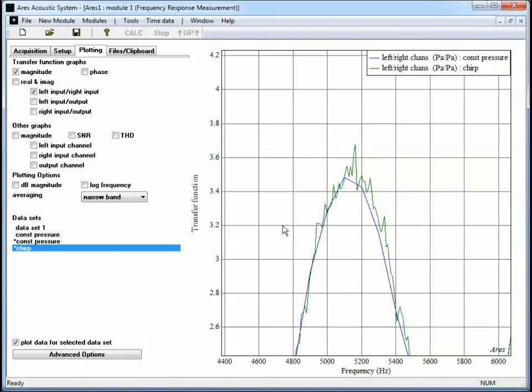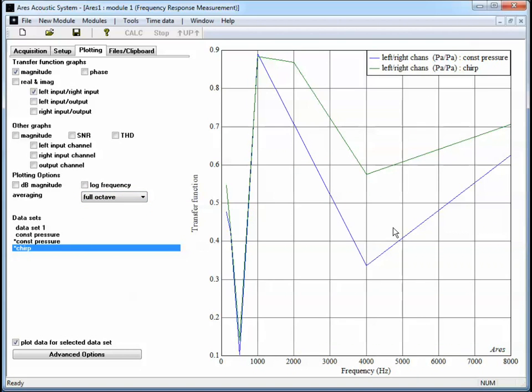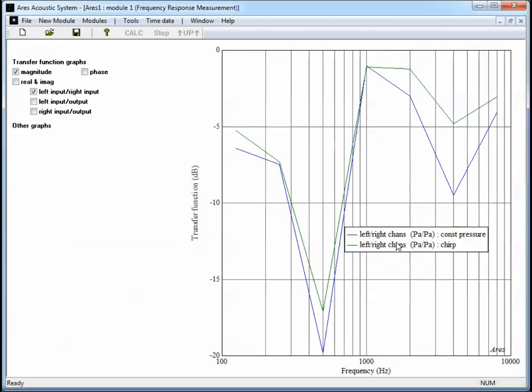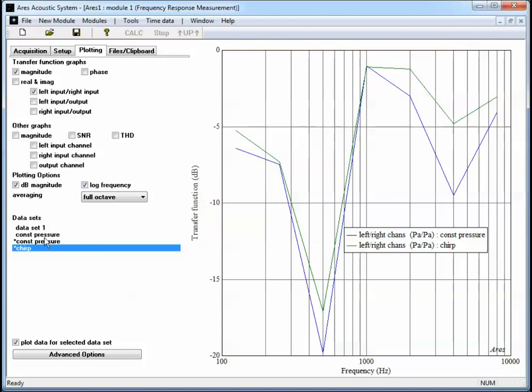If you do have noisy data like that, Aries does allow you to do some averaging in terms of octave bands. If you do a full octave band averaging, your data just kind of disappears, especially on this linear frequency range. So I just turned dB magnitude on and log frequency spacing on. So full octave band averaging, we've lost a lot of our